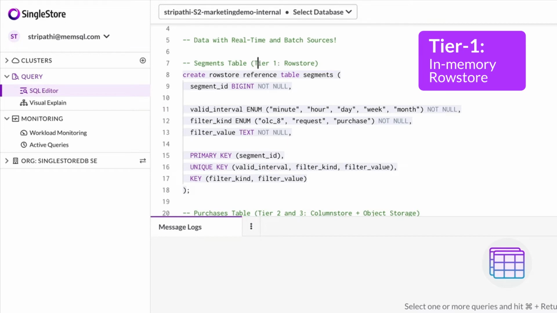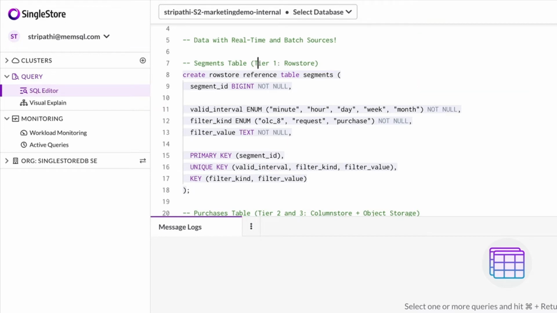So we store data here, like reference data that needs to be accessed very quickly, or our most hot data that we want to be accessed very fast within our application. So our segments data is going to have a segment ID, and then valid interval, filter kind, filter value, things like that